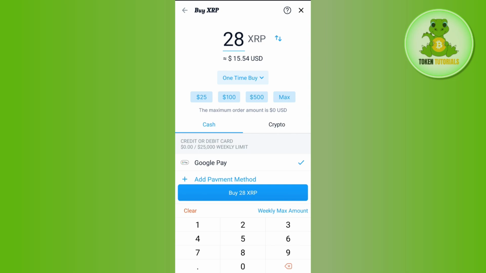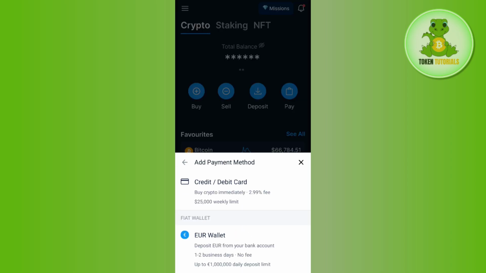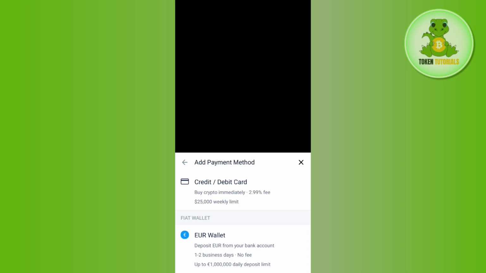After that, you will be able to see a bunch of different options that you can use to buy the crypto that you have selected, which in our case is XRP. It is showing me Google Pay, but if I want to pay with credit or debit card, you will have to tap on the add payment method option, and here you will have to select the credit or debit card